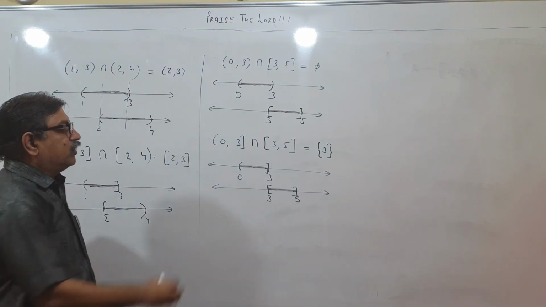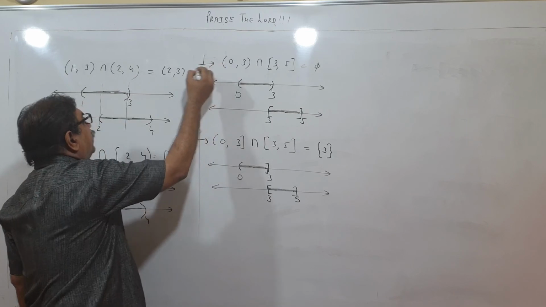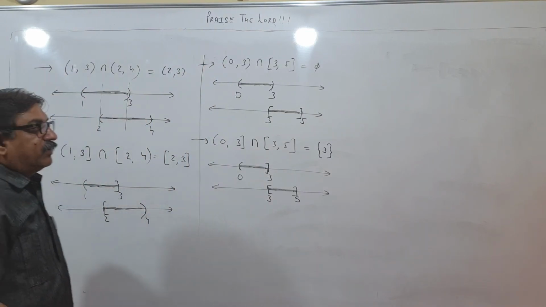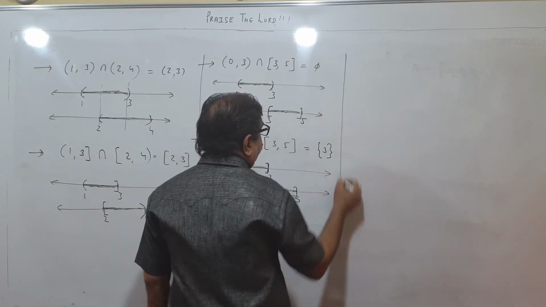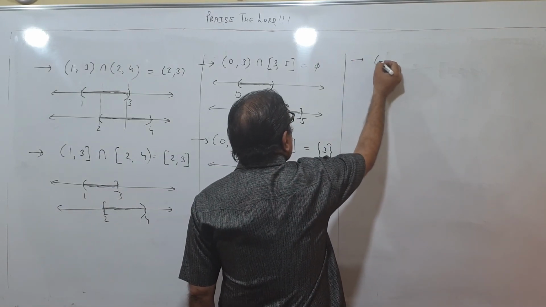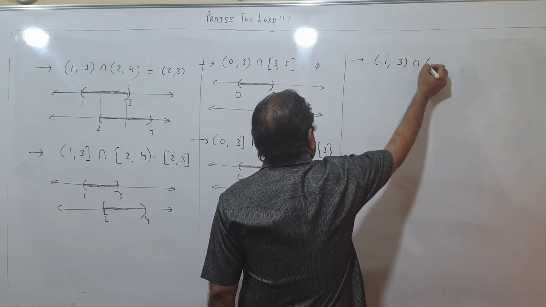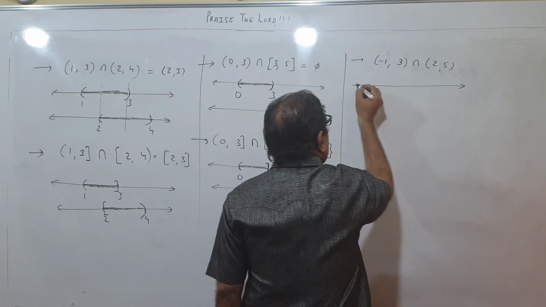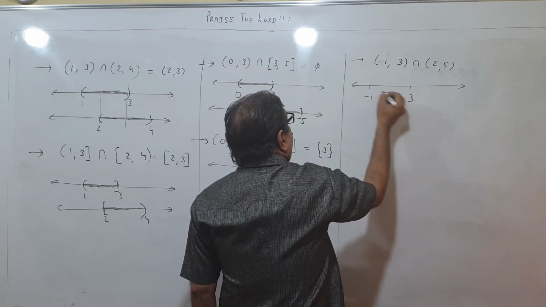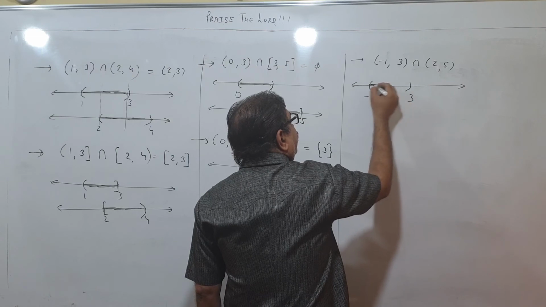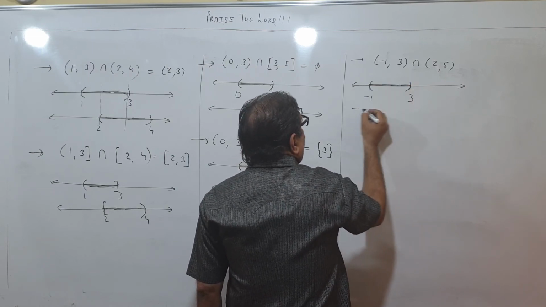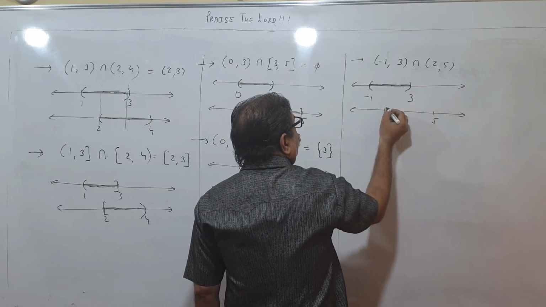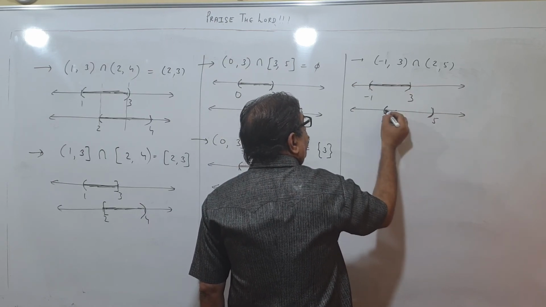Very important things I am teaching you. These will be very useful to you for inequalities. Please master them. Understand these things properly. How I am taking intersection of intervals. Supposing I have got (-1, 3) intersection (2, 5). Let us plot. -1 to 3, not included, interior region included. Then 2 to 5, 2 will be here and 5 is here. 2 not included, 5 not included.